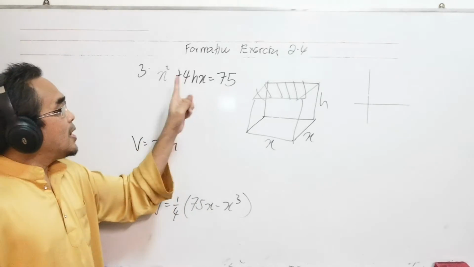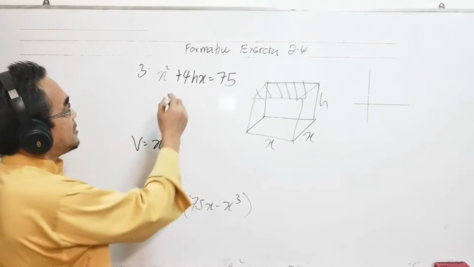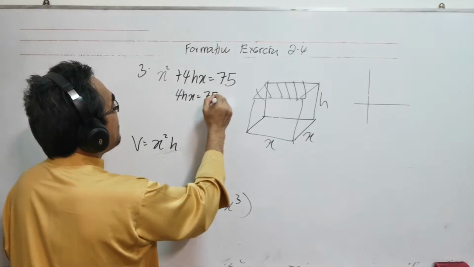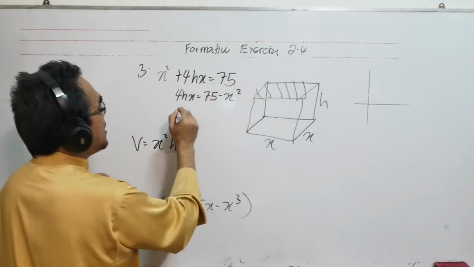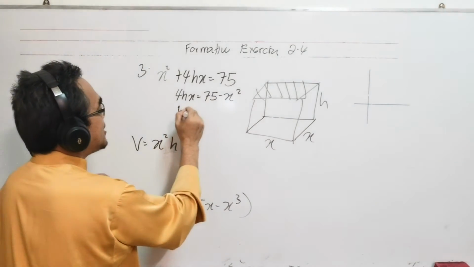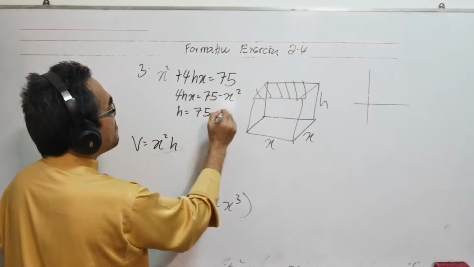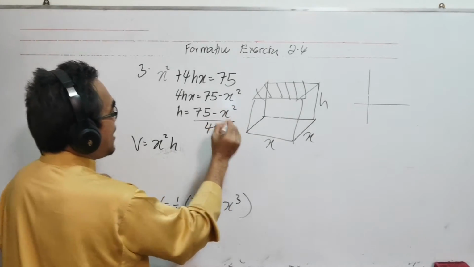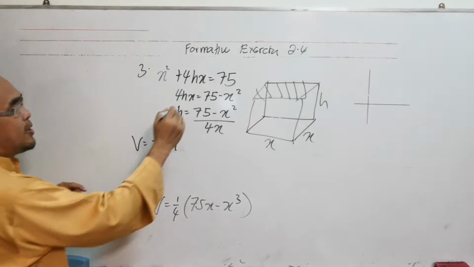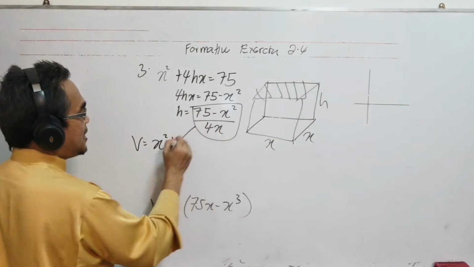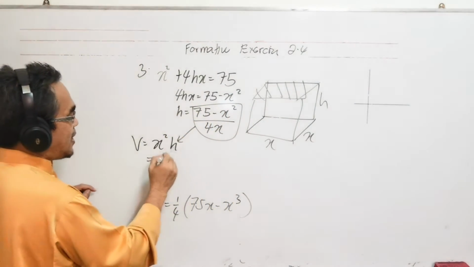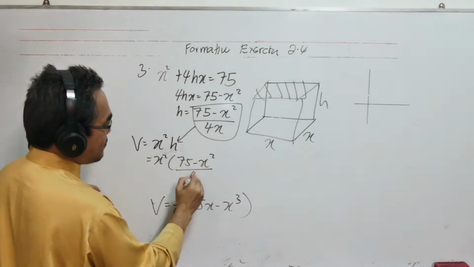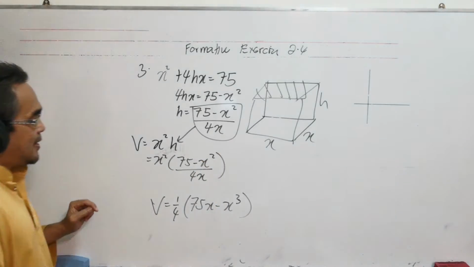So what will you do? Make h the subject. We have 4hx equal to 75 minus x squared, so h is (75 minus x squared) over 4x. Then you replace this here and you get (75 minus x squared) over 4x,